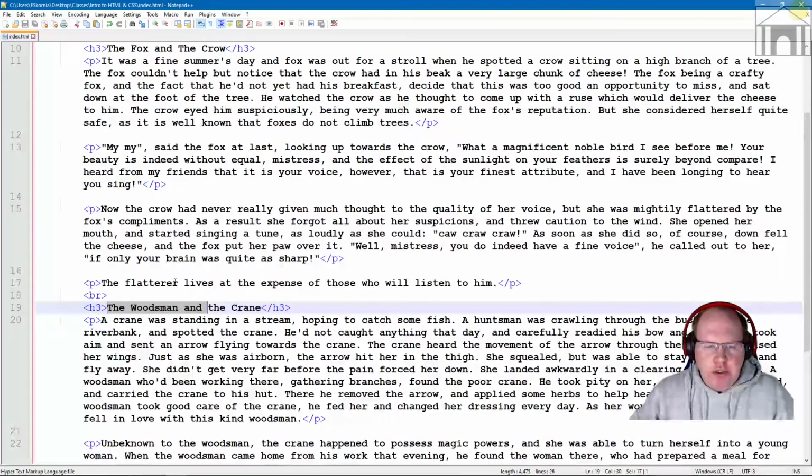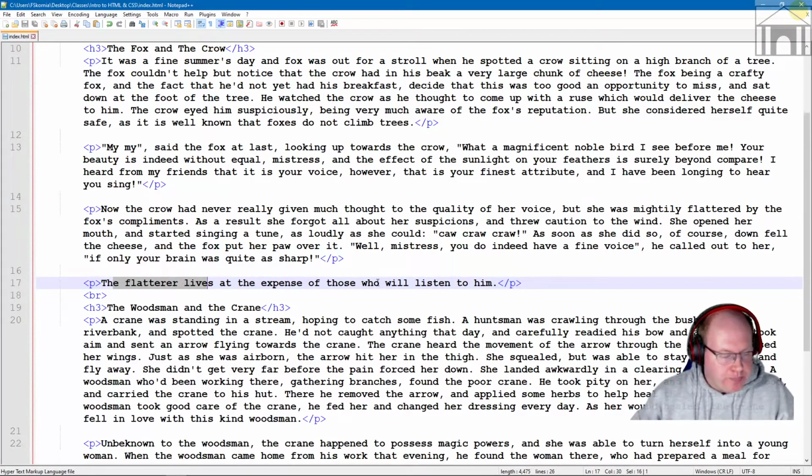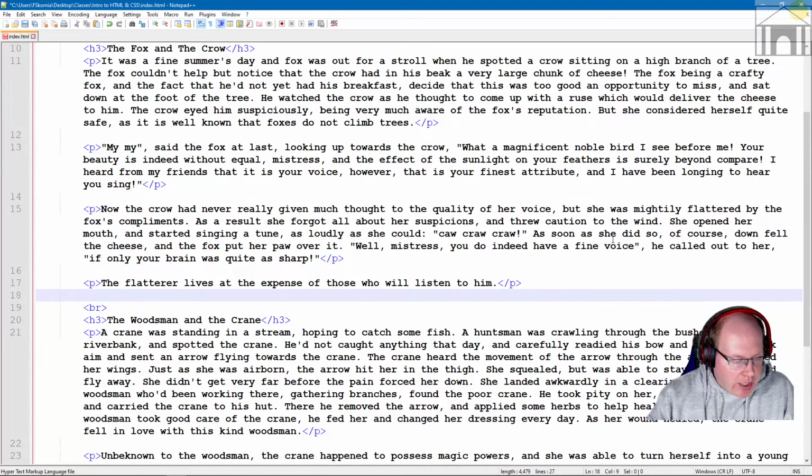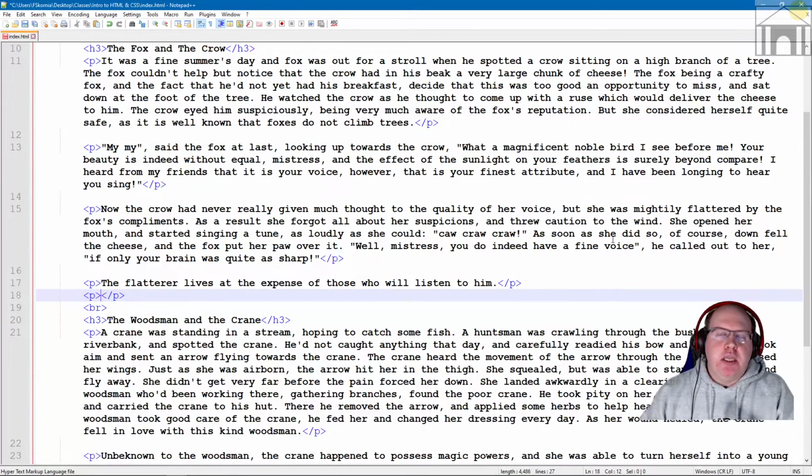And I'm going to come down here to the end of the first story. So it was the moral here: the flatterer lives at the expense of those who will listen to him. I'm going to hit enter and go down to a new line underneath. And what we're going to do here is create a new paragraph using P tags, just like we did before. So open and close a paragraph, and in between I'm going to put the code for inserting